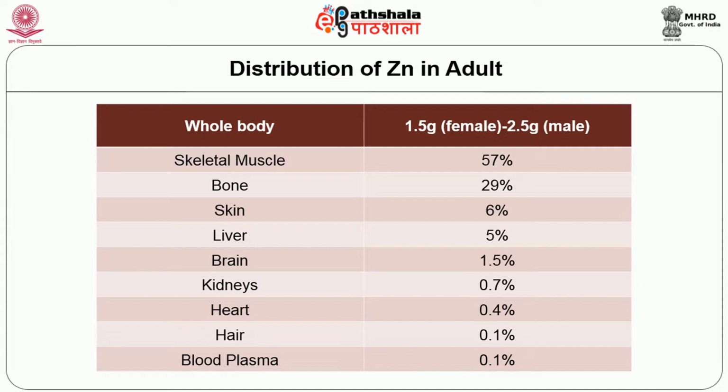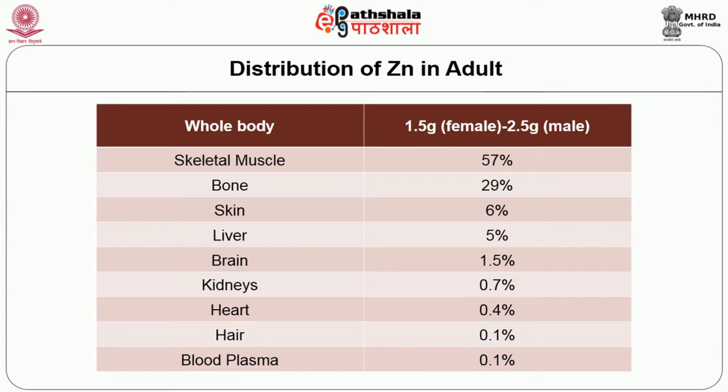Females have a smaller amount, about 1.5 grams of zinc in the whole body, compared to males, which is around 2.5 grams. The highest concentration of zinc is present in skeletal muscle, about 57%, followed by bone. That means muscle and bone are known as deposits of zinc. The other tissues hold about 6 to 5%, and very small amounts are present in brain, kidney, heart and hair, and a very small amount, about 0.1%, is found in blood plasma, which normally participates in many of the